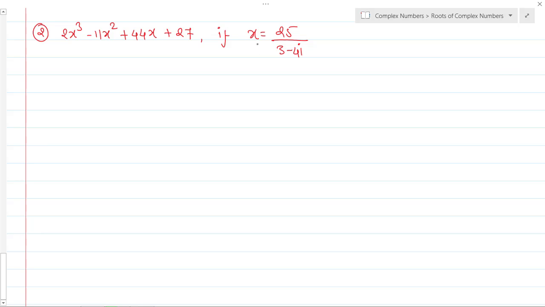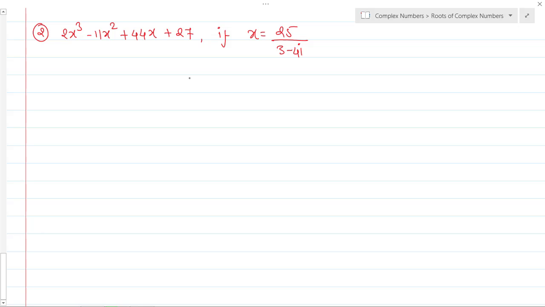Getting x cube and x square is a little bit lengthy, and we may make some mistakes in the calculation. As we saw in question number 1, there was a lengthy procedure to find x cube and x square. So do we have any other shortcut method to find the answer to such questions? The answer is yes, of course, we have a shortcut trick for that.